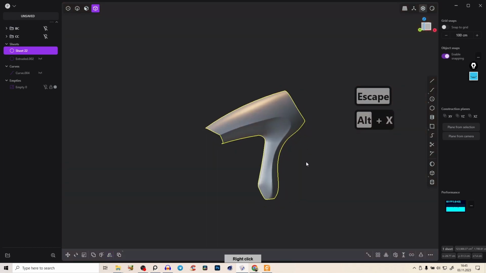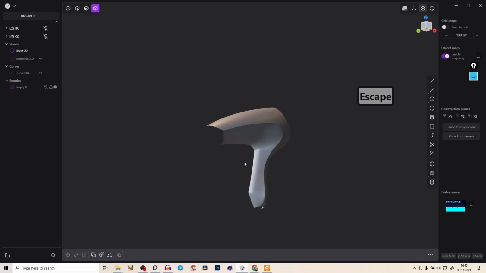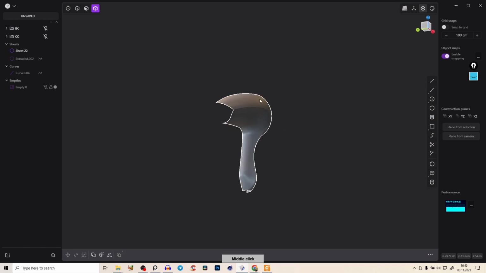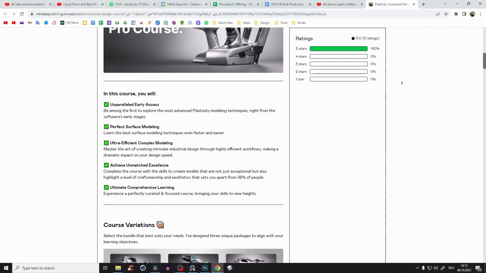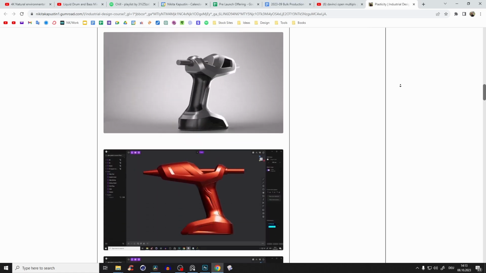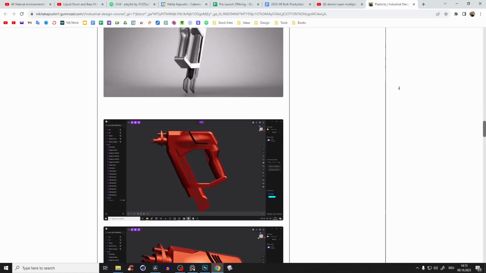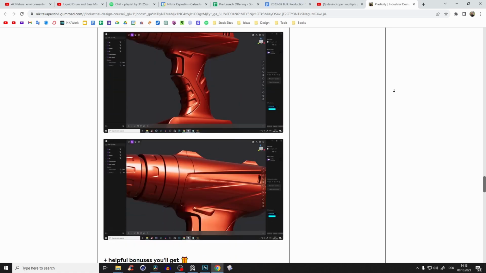holes, add some details. And if you like the techniques that we've covered in this tutorial, feel free to check out the first link in the description about my surface modeling courses, where we really dive deep into Plasticity, but at the same time